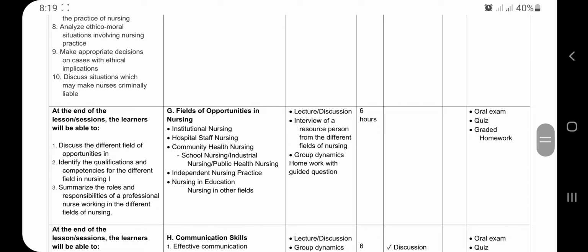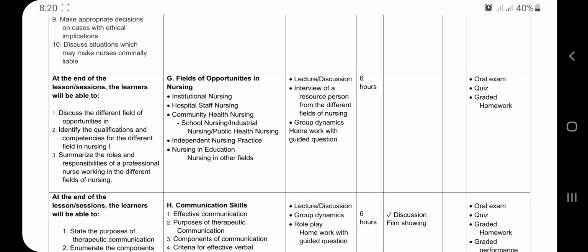So we have also fields of opportunities in nursing, such as, so ito yung mga settings na pwedeng parang specialty or mga special areas ng mga nurses. So we have institutional nursing. Pag sabihin natin institutional nursing, sila yung mga assigned to a company, okay, pag ikaw yung company nurse, okay, we have hospital staff nursing, syempre, yung sa mga hospital, yung mga nurses doon, we have community health nursing, it's